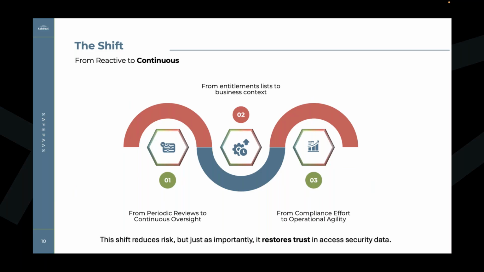For time's sake, the example would almost be periodic reviews. Let's say, for example, you uncover 200 exceptions. Remediation takes 90 days. During those 90 days, risk remains active. Continuous oversight detects exceptions immediately. That remediation cycle shrinks dramatically. And in one client, the expectation of resolution time drops from 45 days to under